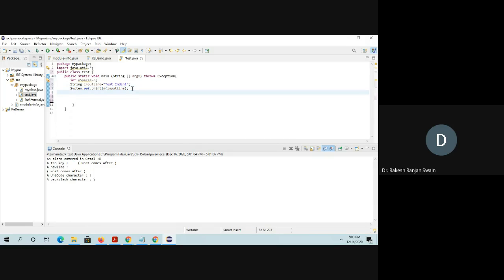Then after that I am using a for loop: int i = 0, i less than n space, i plus plus. Here we can print a space and then System input.